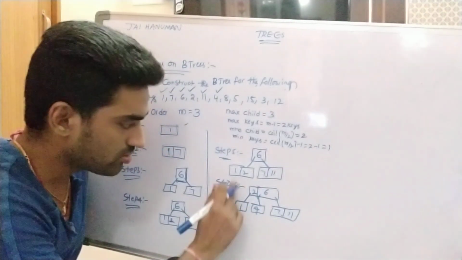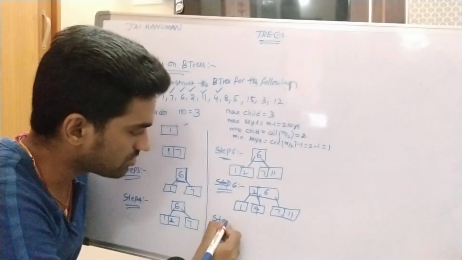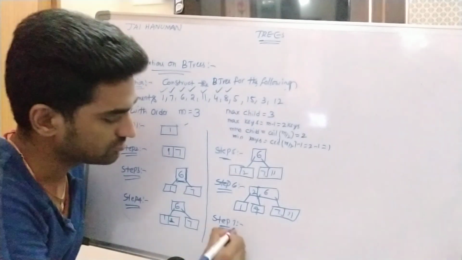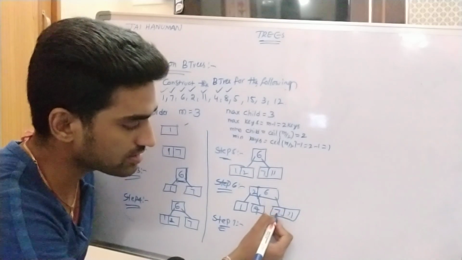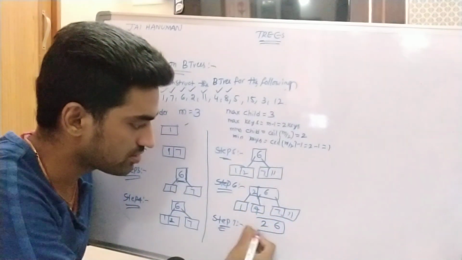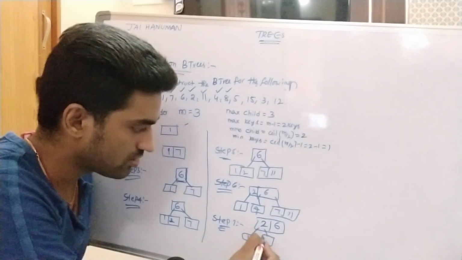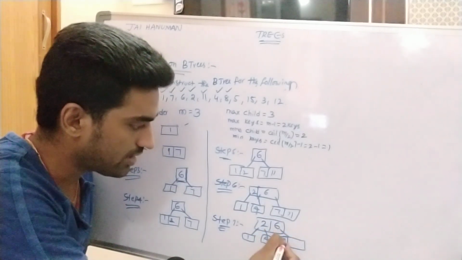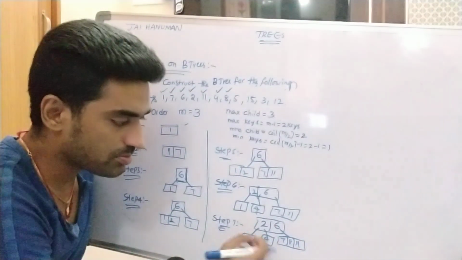Fine. So now this tree satisfies the B tree property. Then we are inserting one more key value, this key value 8. When compared to 6, 8 is a greater value, so that's why we are inserting at the right of 6. Now the tree becomes like this: 2 6, 1 4, 7, 8 11. Now check whether the tree satisfies the B tree property or not.